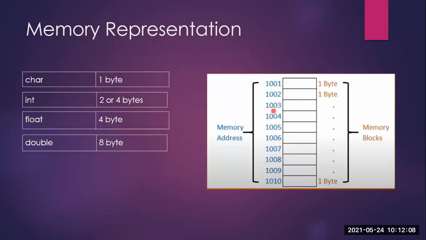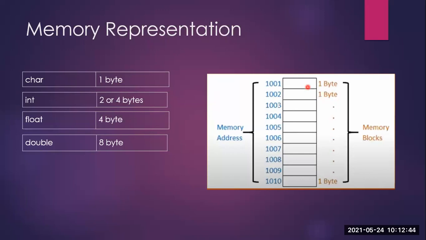So similarly in the computer also, you have memory addresses. Now these memory addresses actually are in terms of hexadecimal representation. But for our understanding, and to visualize the concept here, we have taken them as simple decimal numbers. So you can see here, we are starting from 1001. Then come to the right side where it is written 1 byte. You can see here, for each line it is written as 1 byte. So each memory block in the computer is made up of 1 byte.